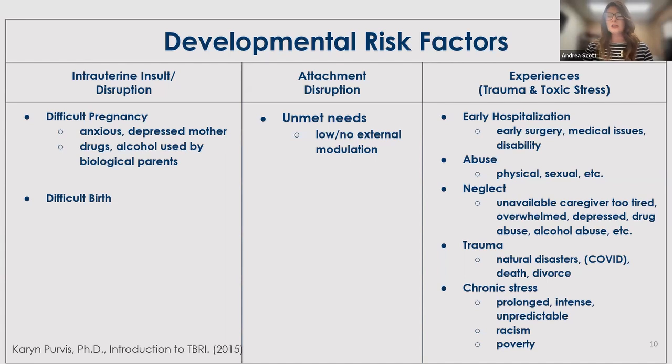Okay. So I want to go back to the early hospitalizations. I always tell this story, no matter when I'm talking about this, but I personally have a child, she's an adult now, that has had many, many early hospitalizations, and she's had 5 open heart surgeries. So it didn't really matter what I did as a parent. I tried my very best, but sometimes those prolonged and unpredictable hospital stays or surgeries really caused a lot of stress and toxic stress to her body.